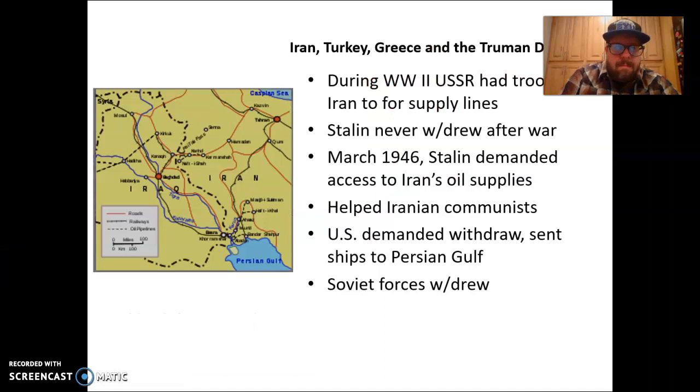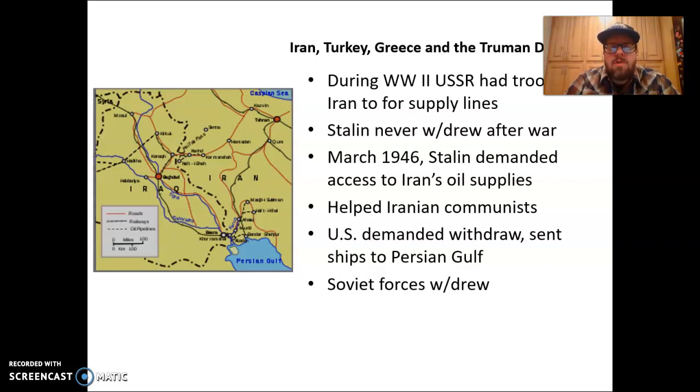So the first time that this is really challenged is after World War II. And so the Soviet Union is trying to influence places, the United States is trying to influence places, and the two will never actually fight each other, but they will fight each other with other countries. So, yeah, the first time that we have a chance to really put the policy of containment into practice is after World War II in Iran and Turkey and Greece, and those three